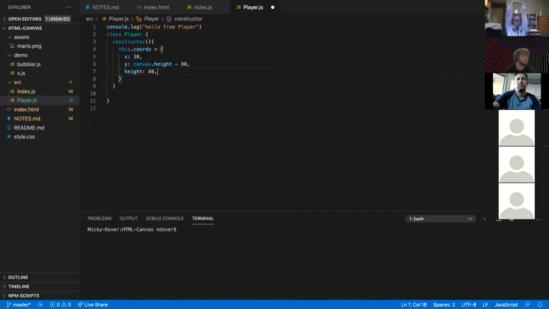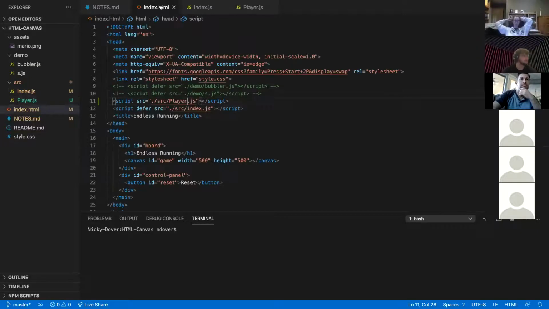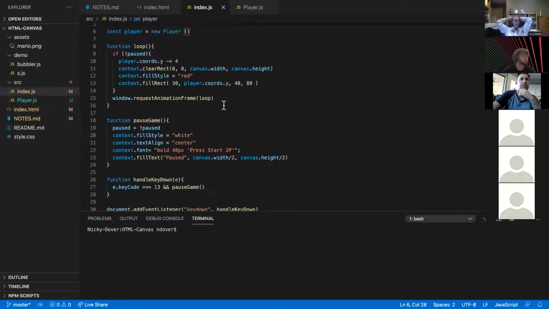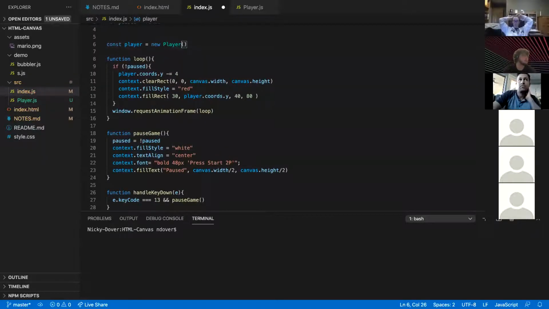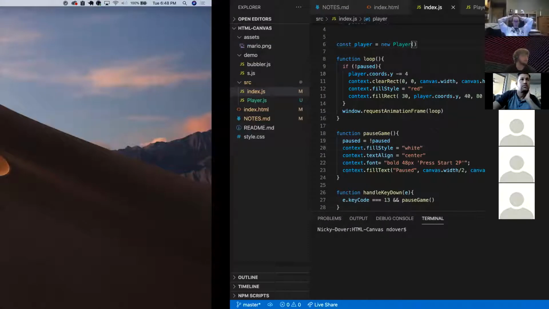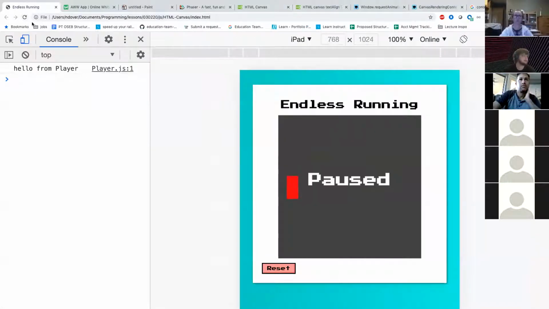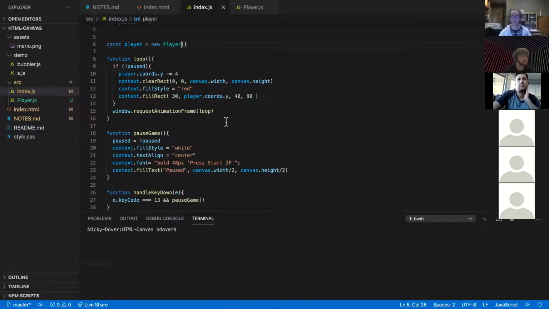Height is 80, width 40. And we'll see that this all still works because all I did was put that down there. But now, because of that,